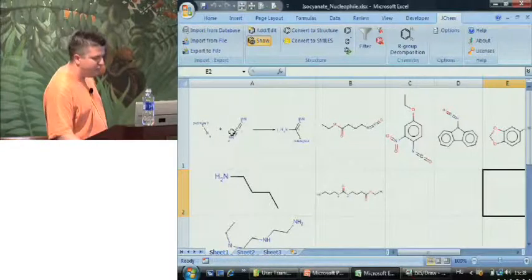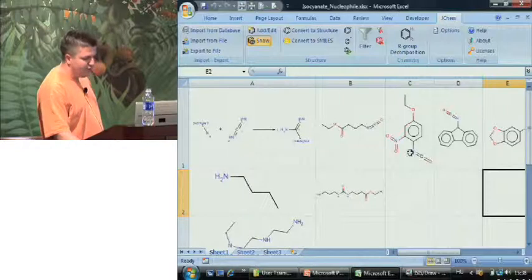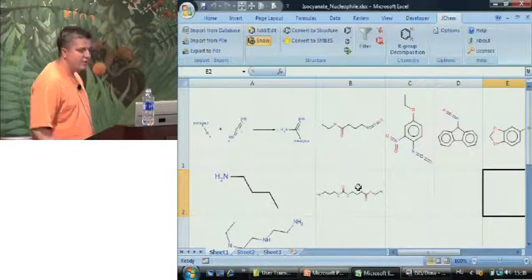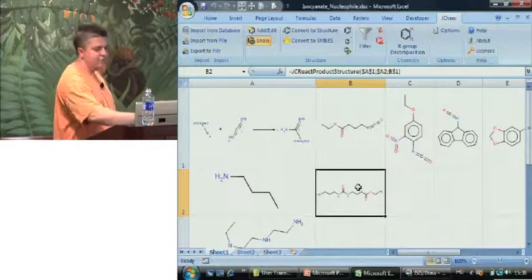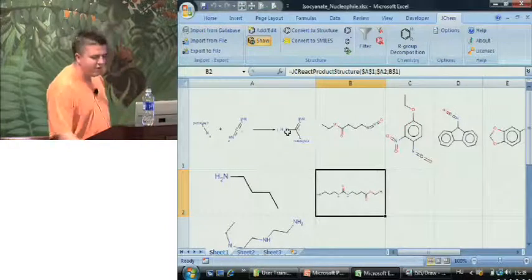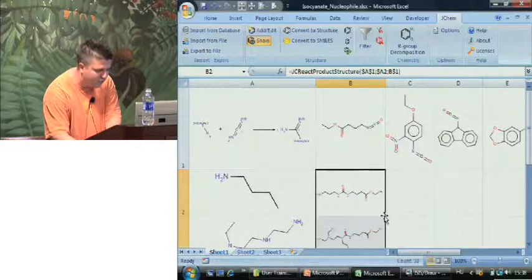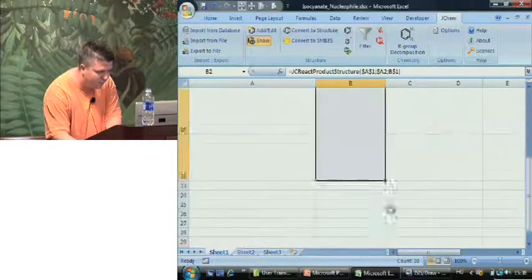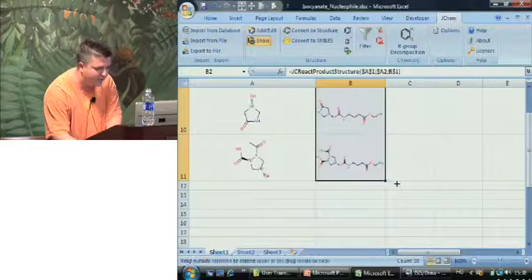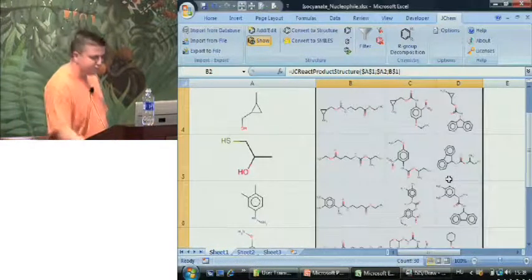We have reagents in the A column and in the first row. And this function, basically, reacts together these two reagents here based on the reaction template defined in A1. And if you double-click and also if you drag it to the right side, it will display you all the resulting products for